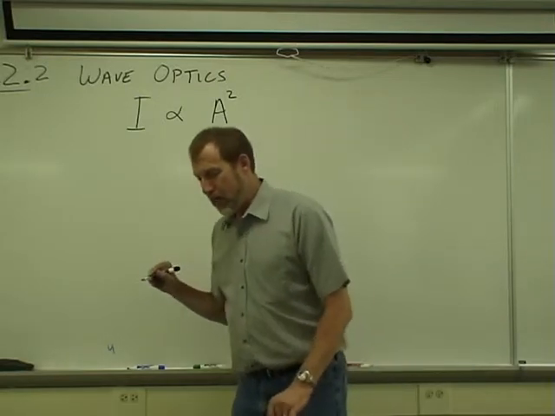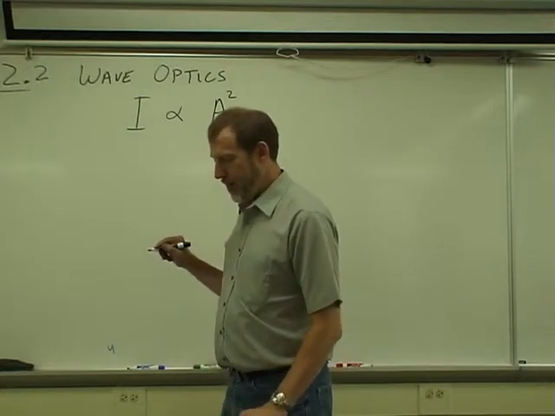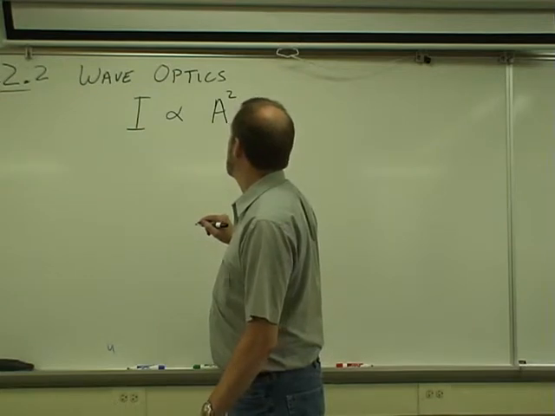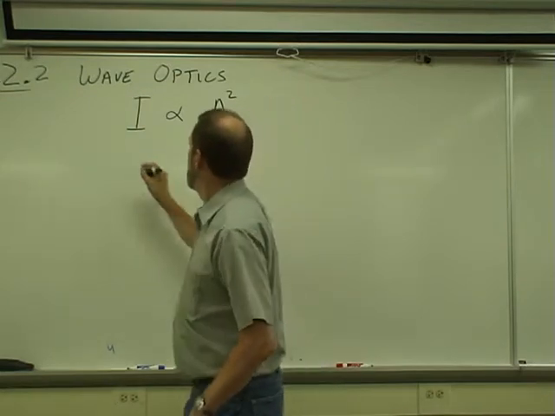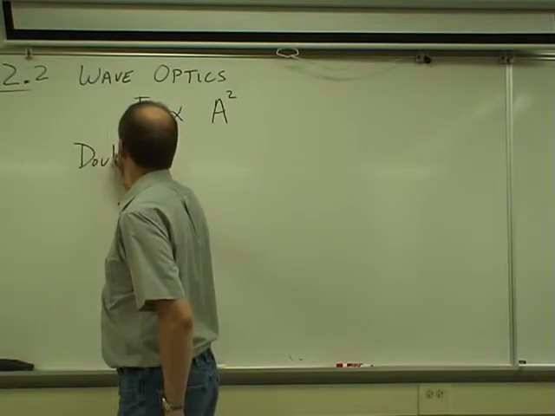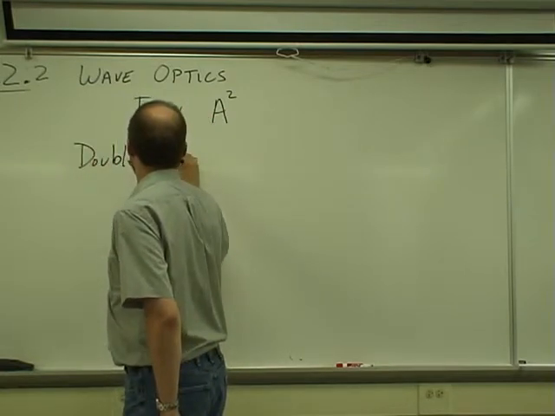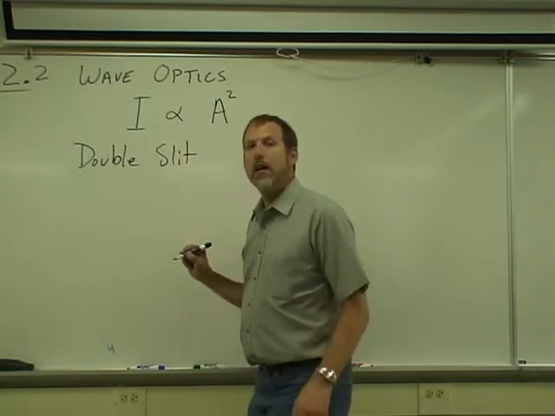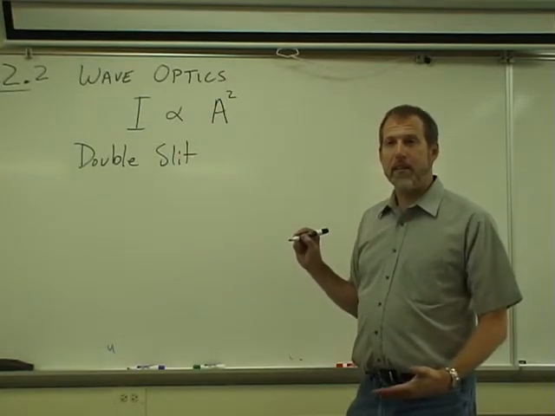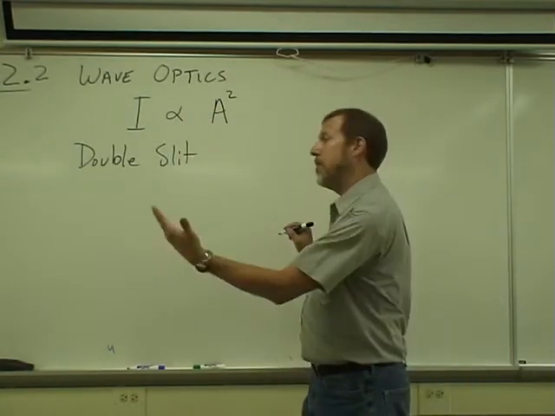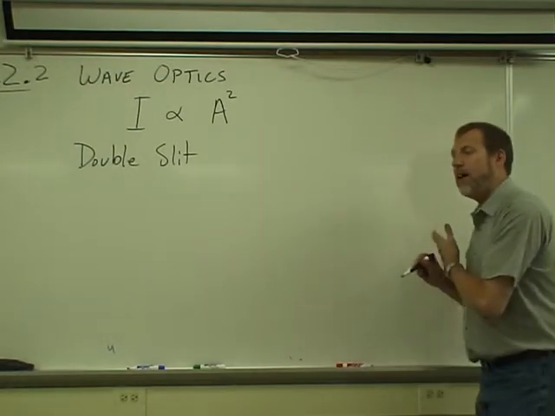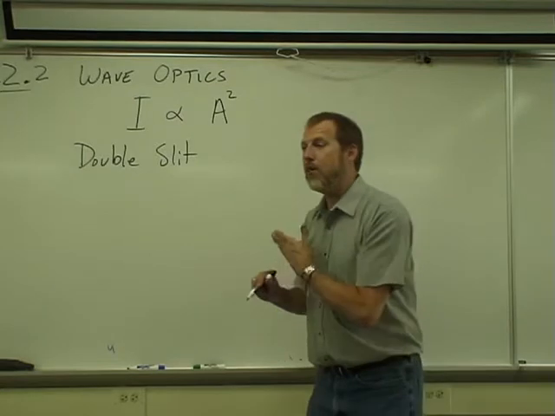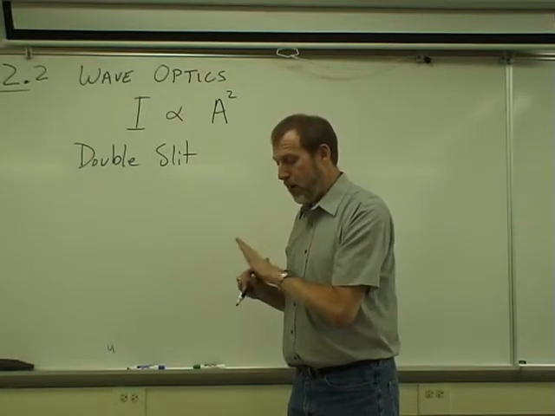So, if I've got a case of a double slit apparatus, I'm looking at light passing through two holes on the screen and then striking a distant screen. Well, how does the intensity of the light across the screen compare to